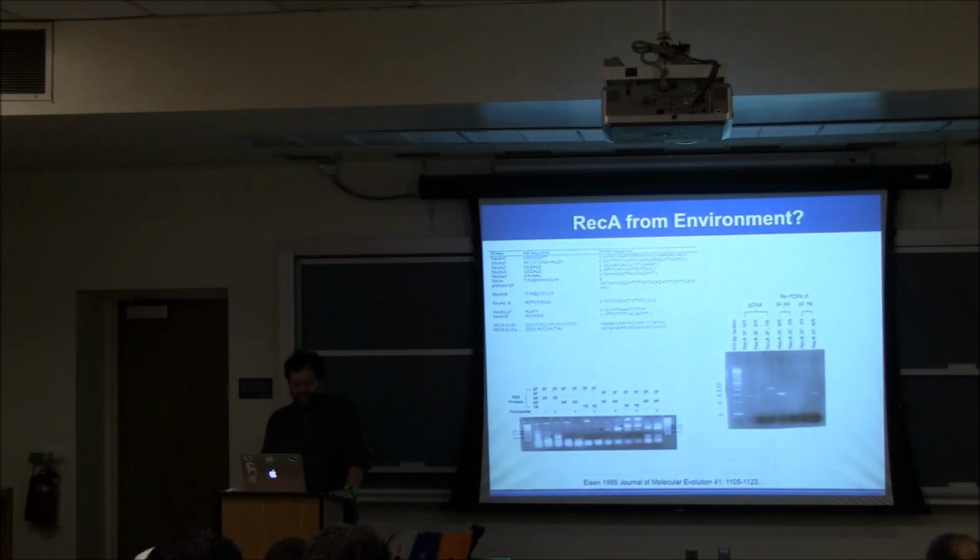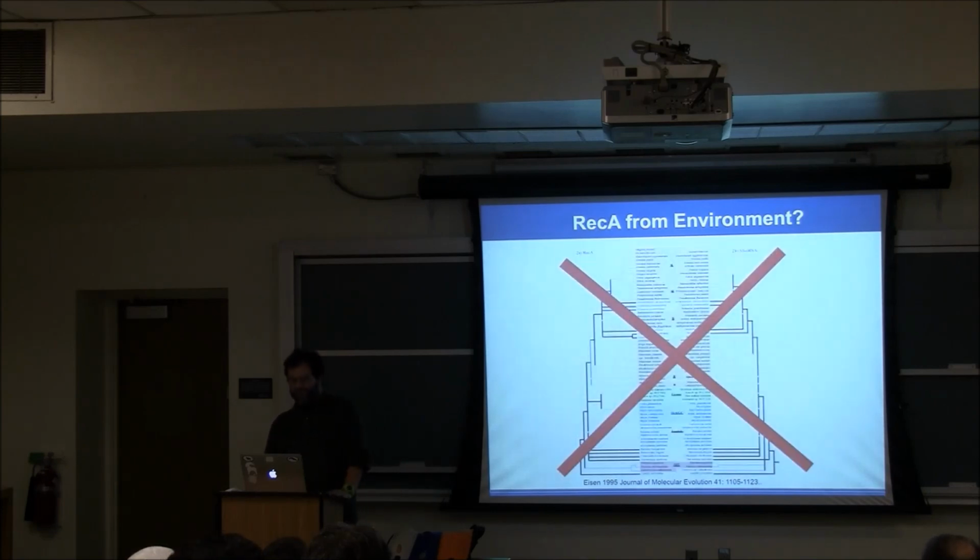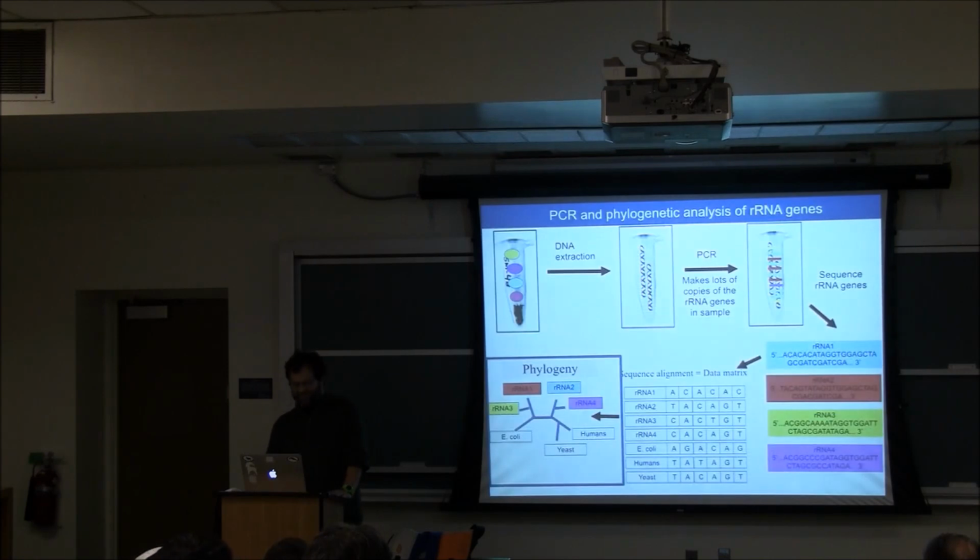It worked okay, mostly from cultured organisms we could get it to work. It didn't work quite as well from environmental samples, but I actually had a postdoc lined up at Berkeley to go work on Rec-A cloning from environmental samples with the person who discovered Rec-A, John Clark, and Norm Pace, who had moved to Berkeley and was also interested in Rec-A from environmental samples. But Rec-A from environmental samples didn't really work well, and I was learning this fortunately before I started that postdoc. And I'll come back to that in a couple of minutes.